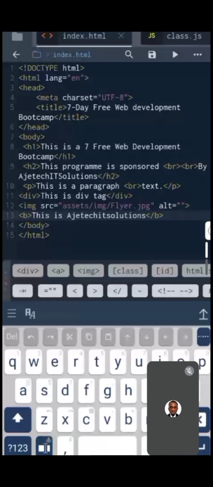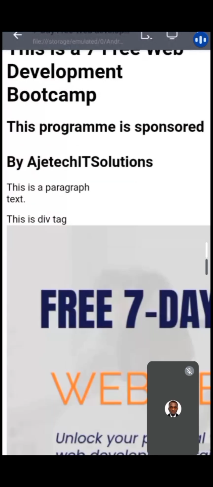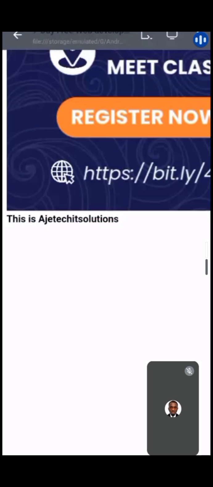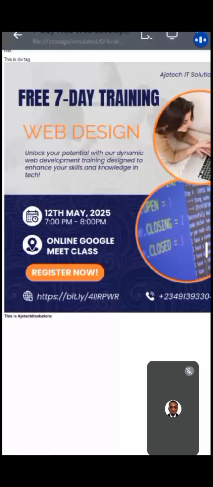So now, if I run this code, this text will be in bold with the help of the bold tag. Let me stop that. Can you see now? This is Adjatech IT solution. I used bold to bold this particular text. Do you understand? So we have the emphasize tag. The emphasize tag can be used to emphasize text. If you want to emphasize something,